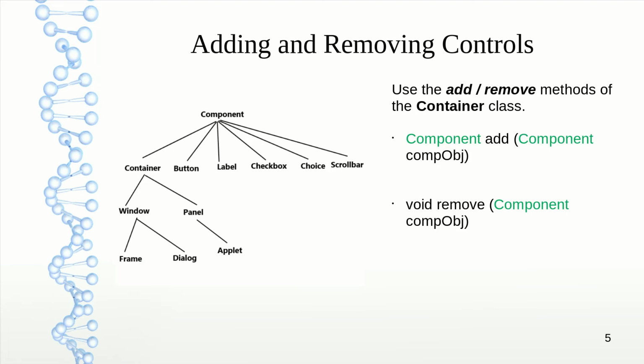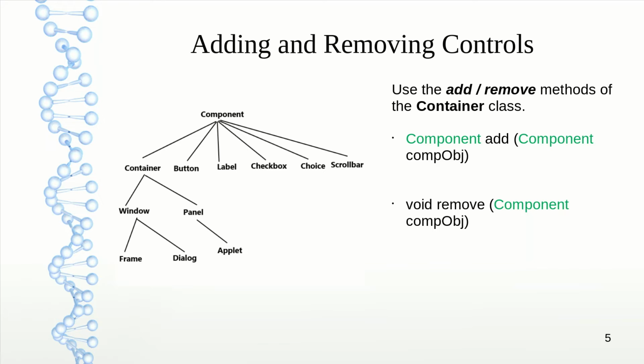How to add and remove controls to your graphical user interface. We have already seen the hierarchy of component class, and we have seen that there is a subclass called container for component, and two concrete classes, that is frame and applet. They will implement the methods of container class. In fact, this container class has got a method called add, and using this method we can add different components to our frame or applet window.